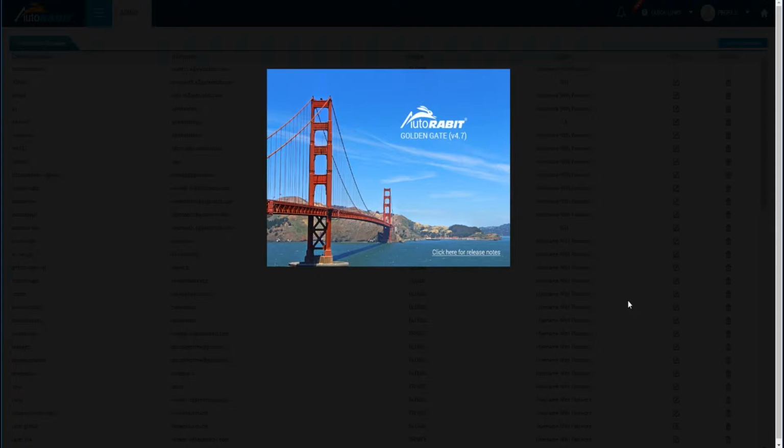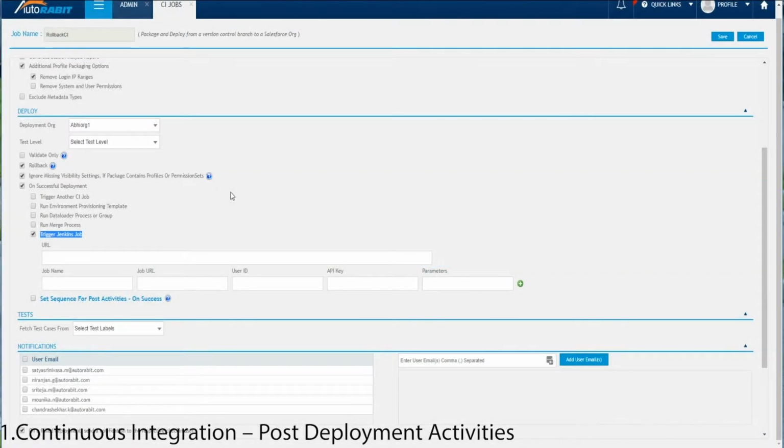Under the release notes section, we have the complete release notes for the Golden Gate release, or if you go to AutoRABIT, click on Quick Links and About AutoRABIT, you'll have this pop-up here where you can click for the release notes as well. One of the first features we'll look at is the ability to create your CI workflow